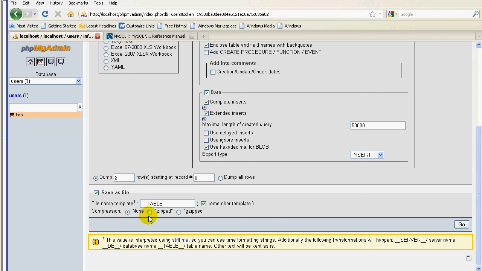You can use zipped or gzipped to compress the file if the file is very big. But for me, I'm having only few records, so I will just choose none,